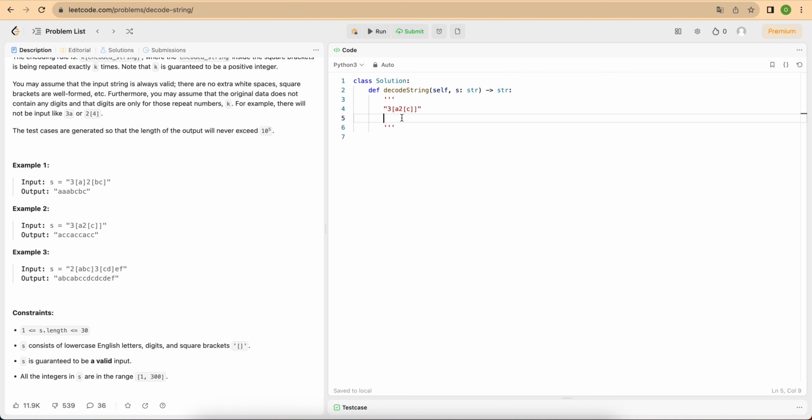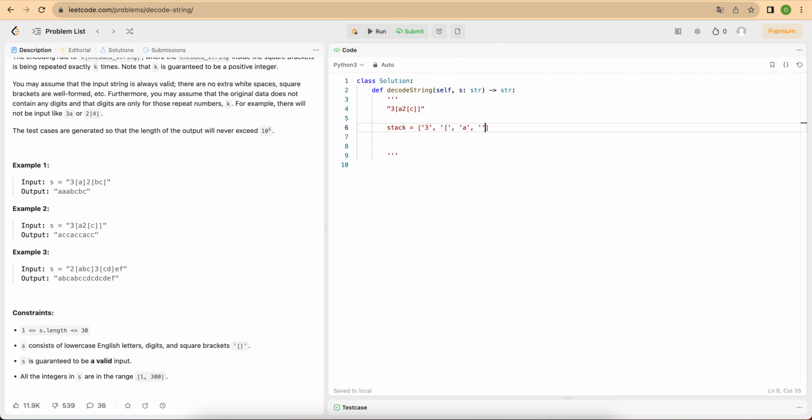We will have a stack, and this is an empty stack, right? The first element we get is 3. So we'll just put 3 into our stack, and then it's a left bracket, so we'll put the left bracket, and then it's A